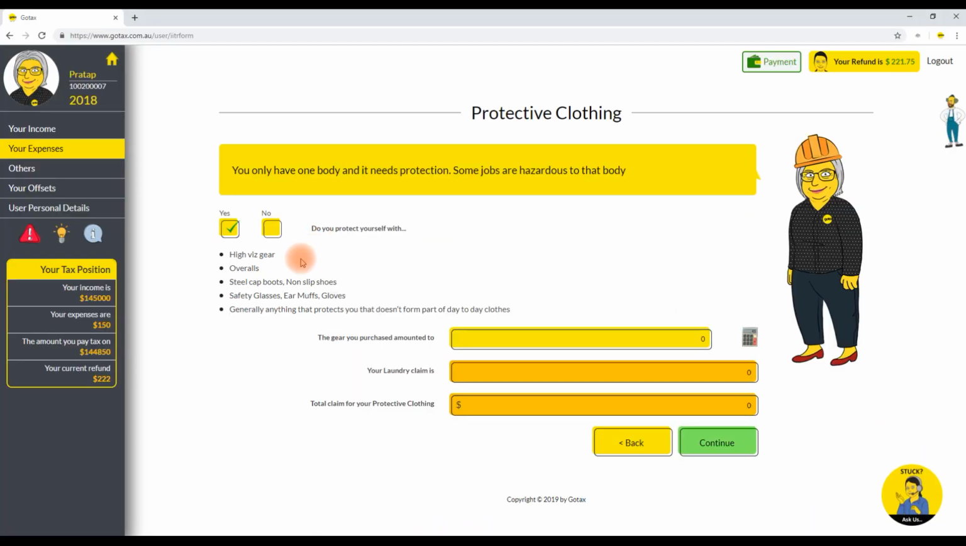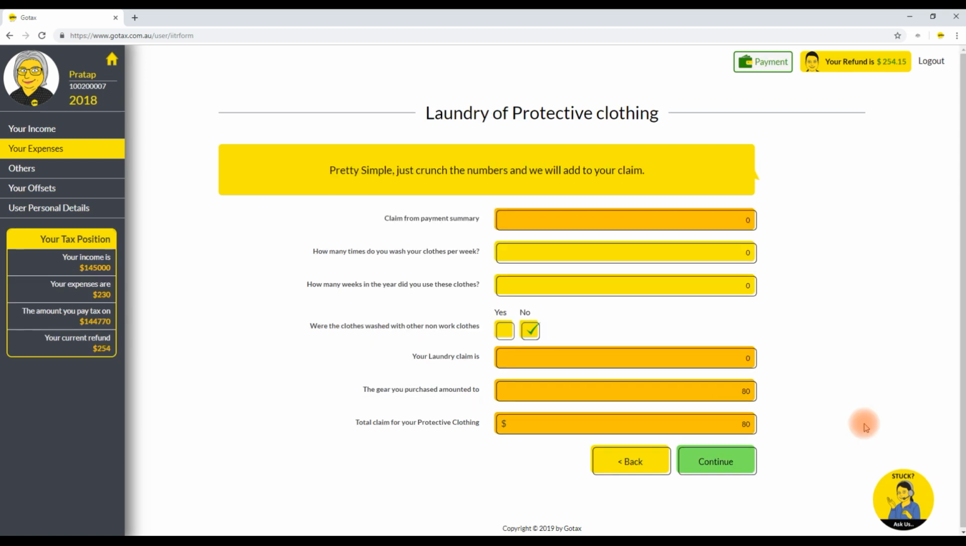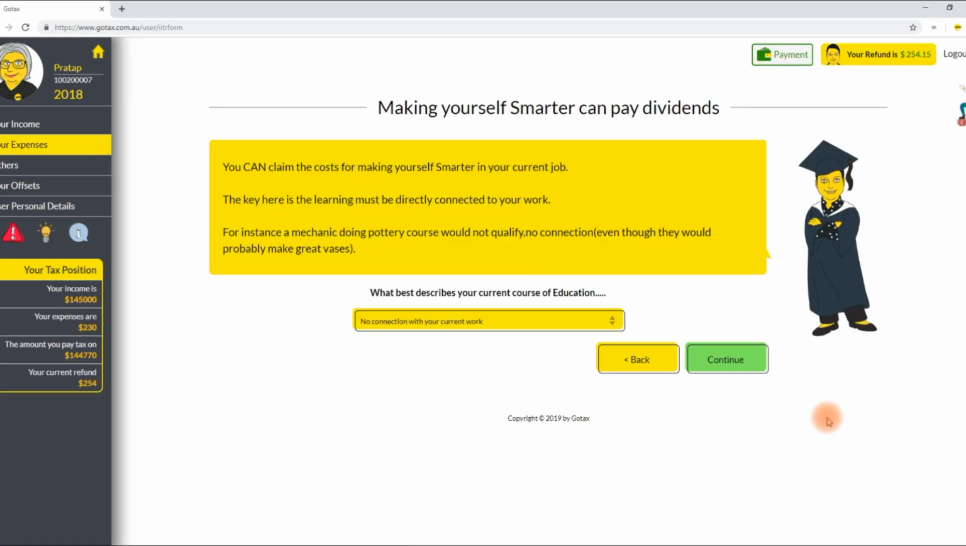Generally, most nurses will have to wear non-slip shoes while working. Enter in the amount here and hit continue. It's important to note that if you have entered laundry elsewhere, you can't enter it here as well. So let's hit continue and move on to